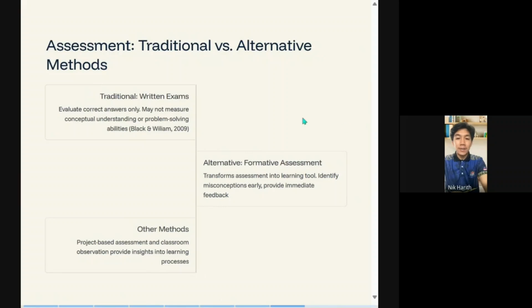Formative assessment is particularly effective because it transforms assessment into a tool for learning rather than merely a tool for evaluation. So, in conclusion,